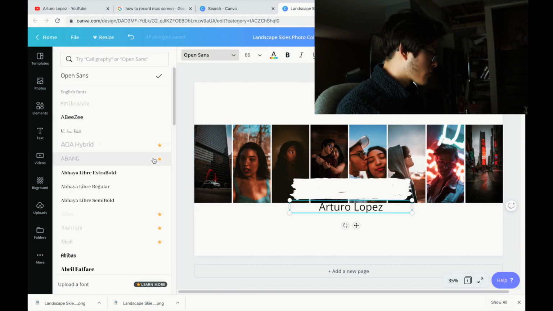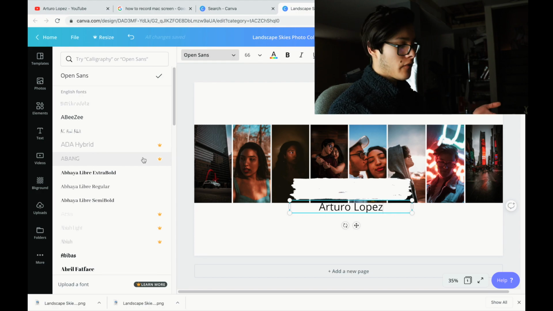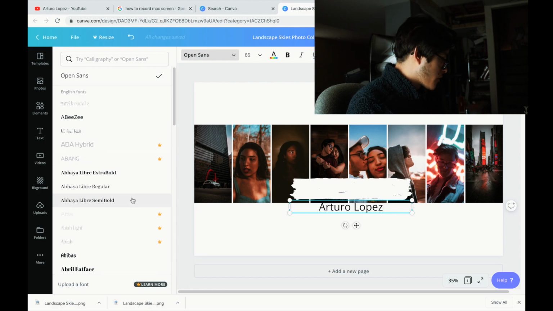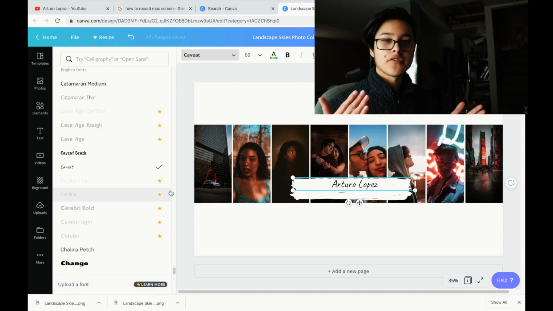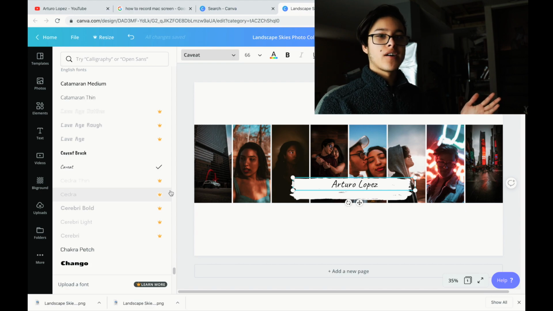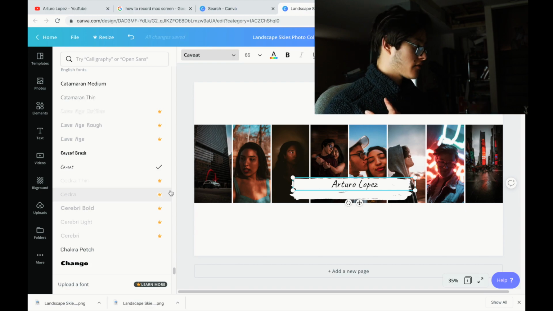Now if you see it has a little crown right there, that means you can't use it because you have to pay for it. But this has some really good features over here. You can also upload your own fonts. Now there's some people that go with a really fancy or over the top text. I don't really like that, so I just went with this one right here called